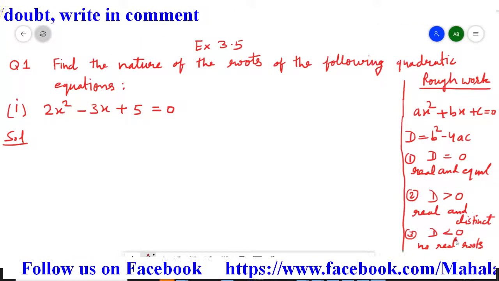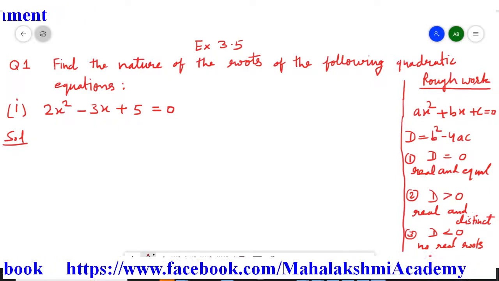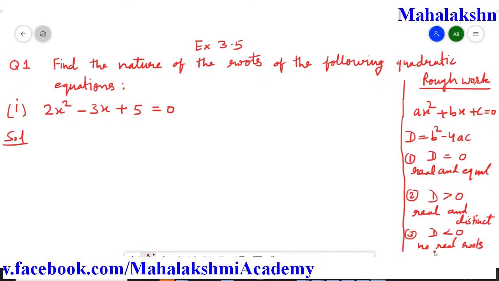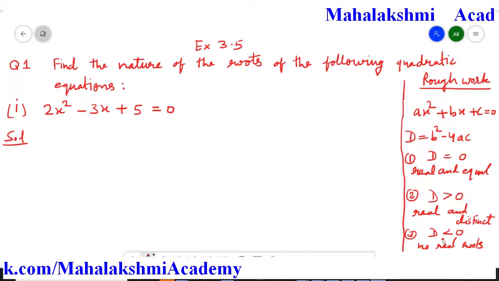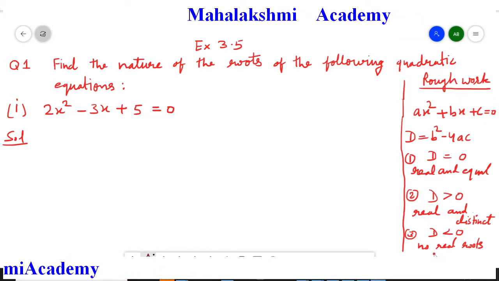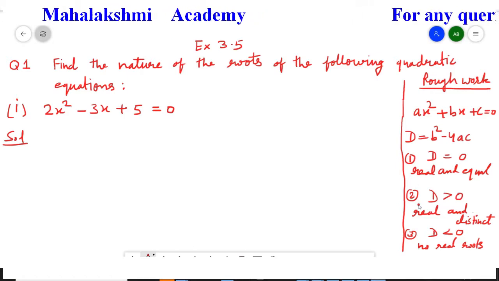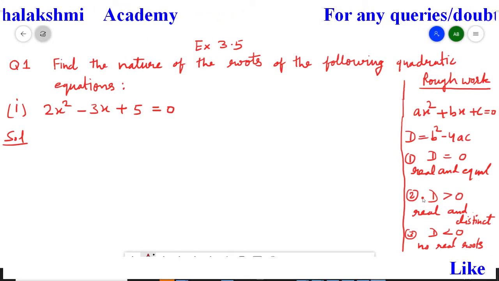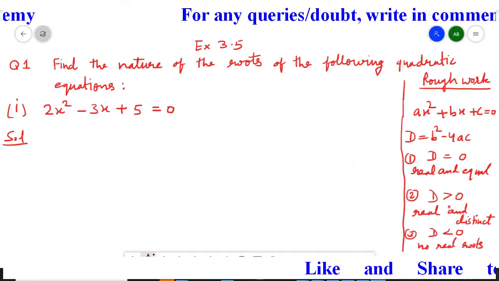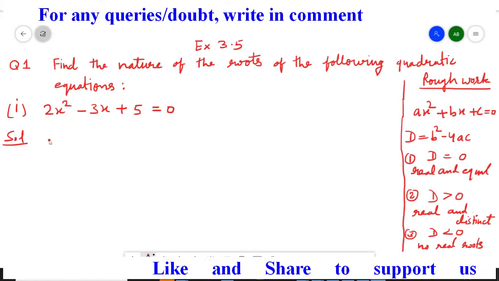And if D is less than 0, in that situation you will not get any real roots, and we do not have to solve it in our 10th class. This is beyond our syllabus. Simply if you obtain this kind of situation, we have to write down no real roots and exit from that question. We do not have to solve it further. So only in the first and second cases we have to solve if they are asking for the solution. Firstly, in this question we only have to describe the nature. That's it. We don't have to solve the question. So now we have to start it.